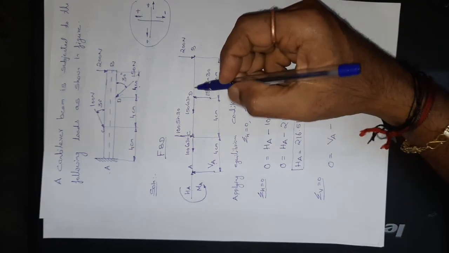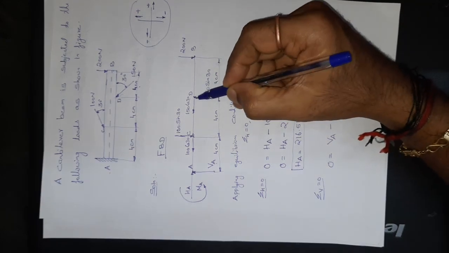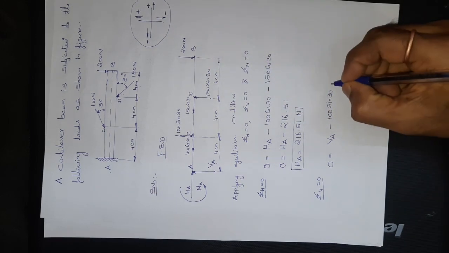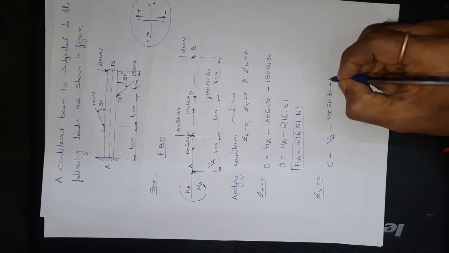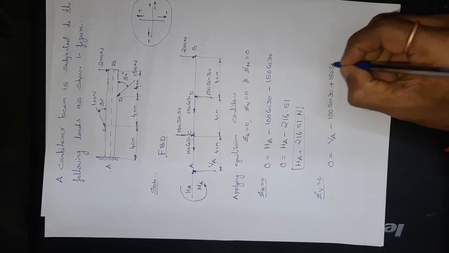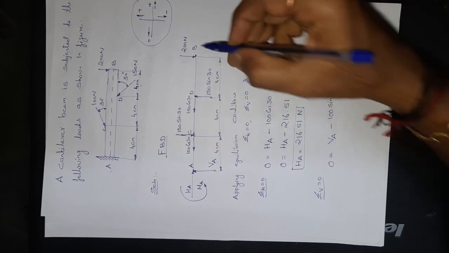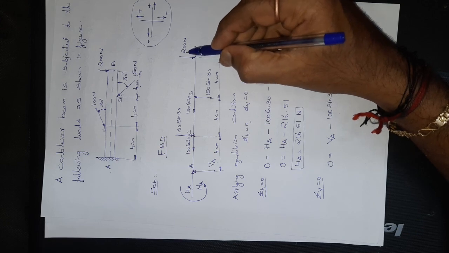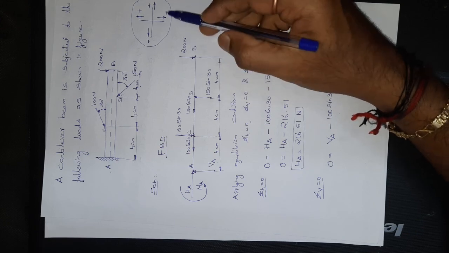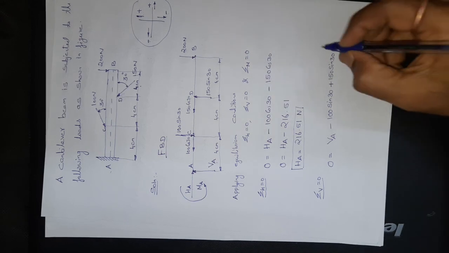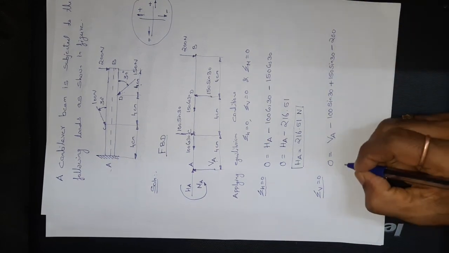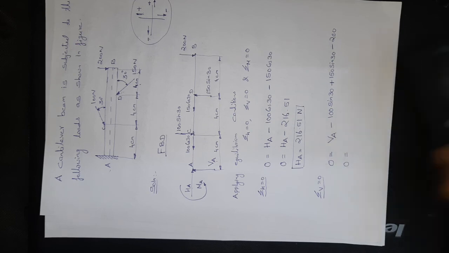Right. Let me just move to point D, wherein a force which is acting vertically upwards, which will carry positive sign, plus 150 sin 30. And at point B, a force of magnitude 200 Newton, which is acting in the negative y direction. So minus 200. So 0 equal to